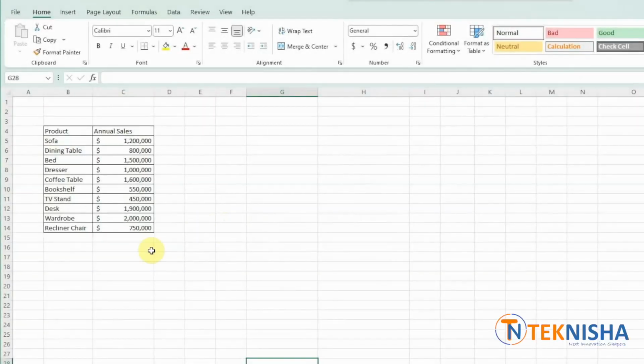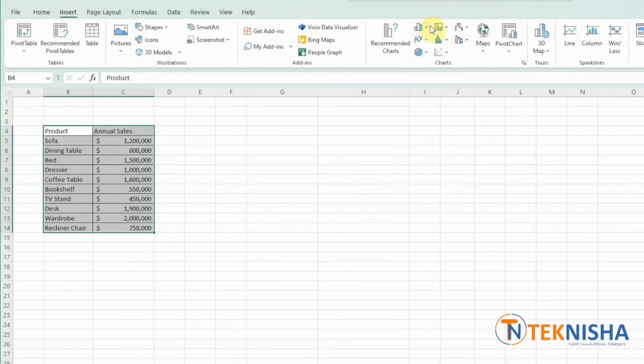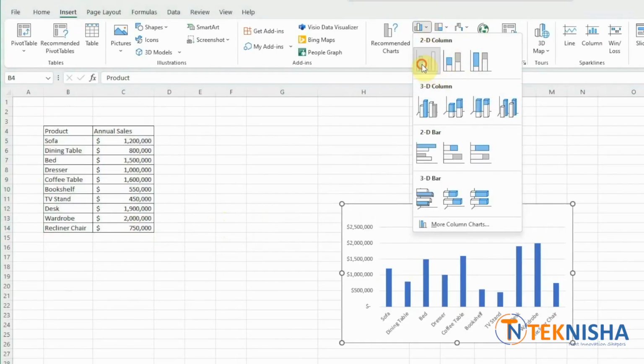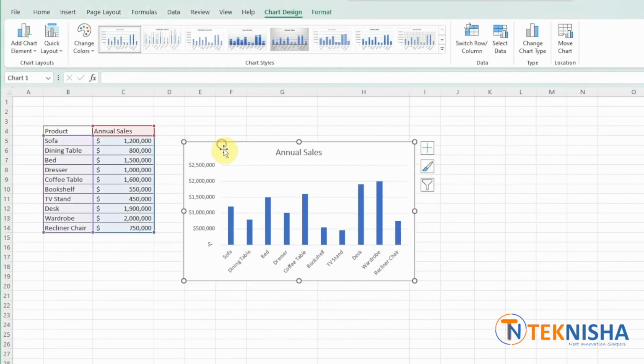Here is the annual sales of a furniture store. Let's say that you want to plot these items. So we could simply select all of them and insert a column chart. This would give all the items on the chart. This chart is informative but contains a lot of bars. It will be insightful to see the sales of top 5 items along with a single column for the remaining items. To do that, we'll need to prep our data. So let's first delete this chart